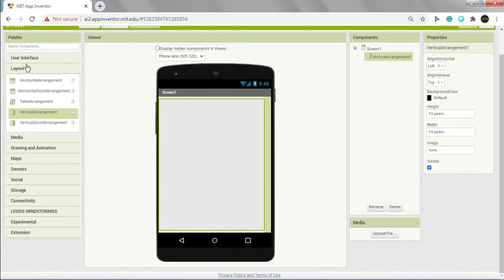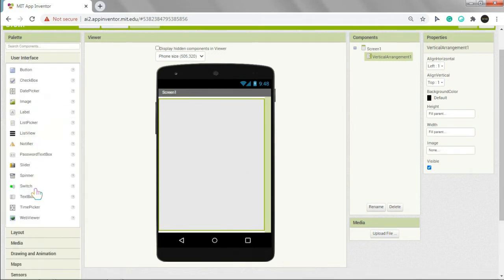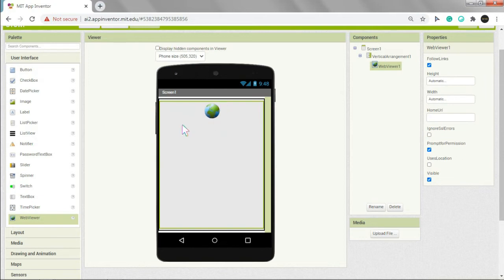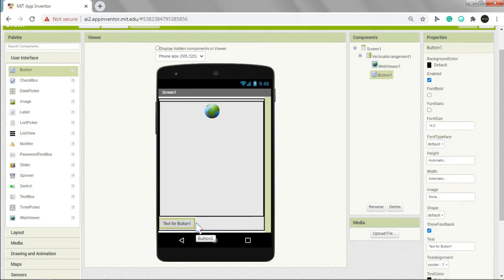Now we have to get the web viewer to view our webs, and in this app we will attach YouTube, Google and Wiki, all three websites. And now this is the web viewer, and now we have to get a button to input our speech, right under the web viewer.